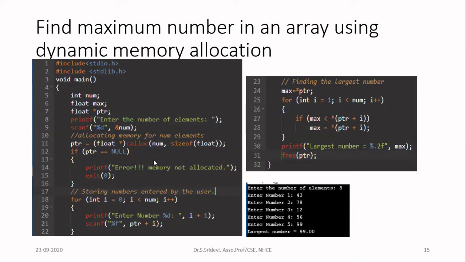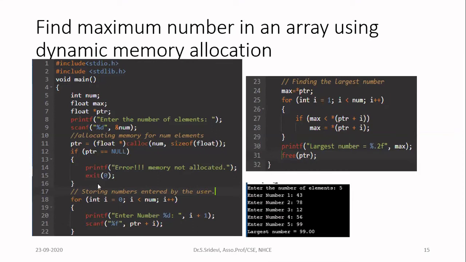For that, what I am doing is printing some error message to the user. Always when you write your program, if something is not successful, you display an error message to the user. Then only they will understand what is the problem in your program. Okay, don't simply give exit of 0. Even though if you give exit of 0, that is correct, but show the message to the user what has gone wrong. Okay, right. So now I am printing the message, error, memory is not allocated. After that, I am giving exit of 0.